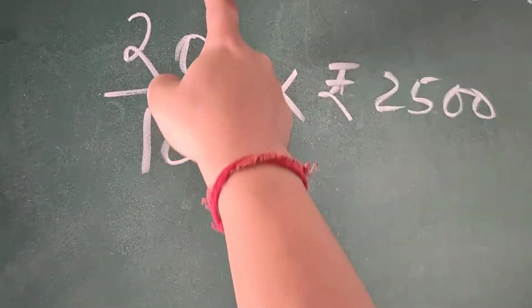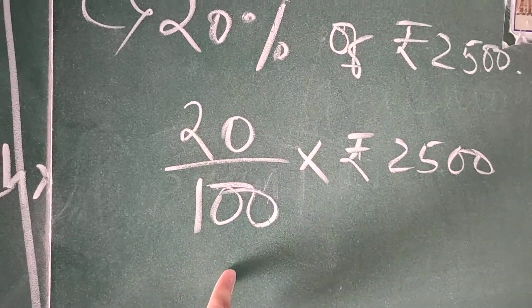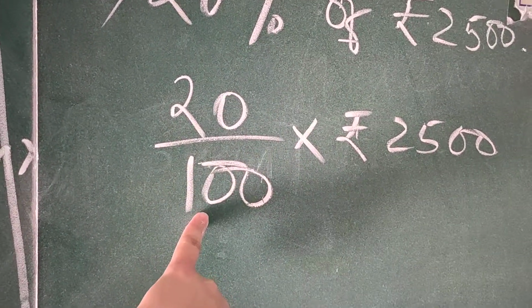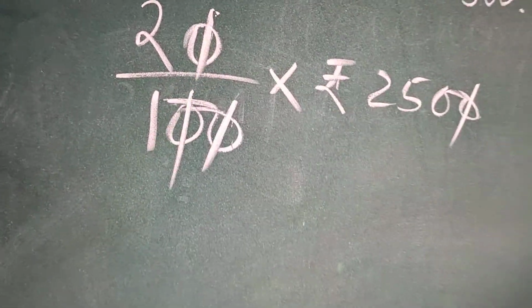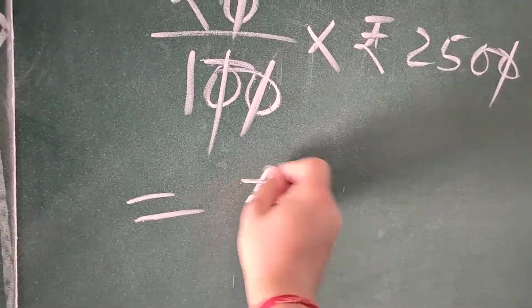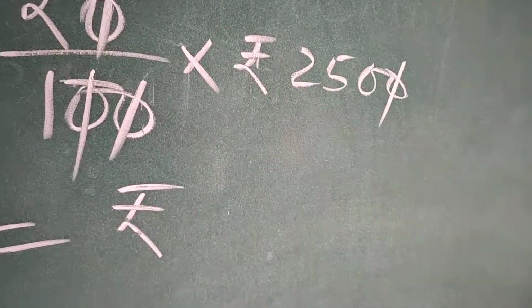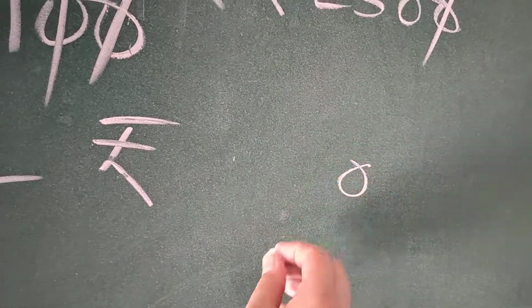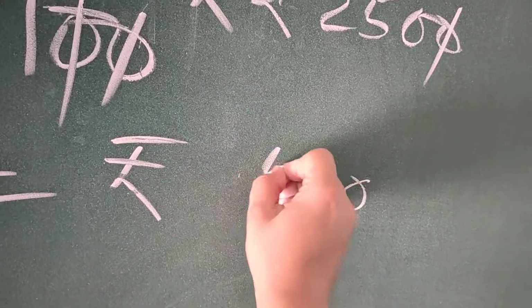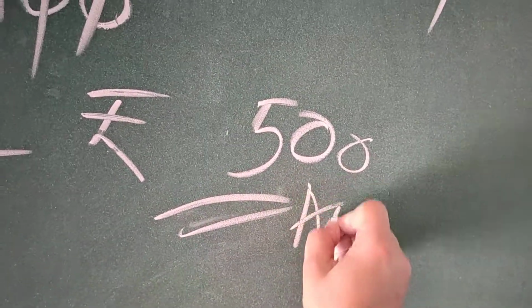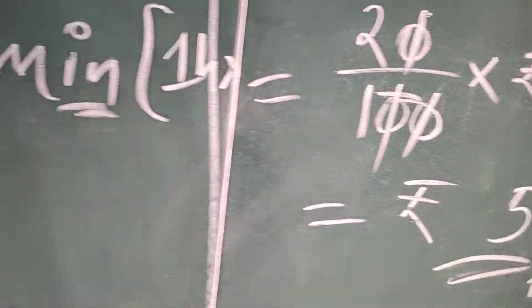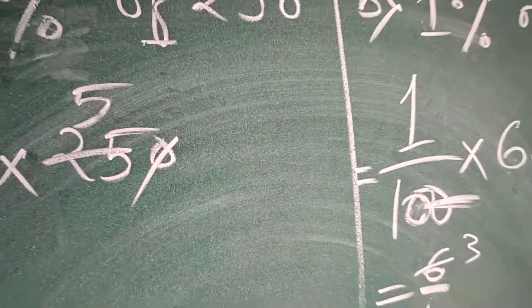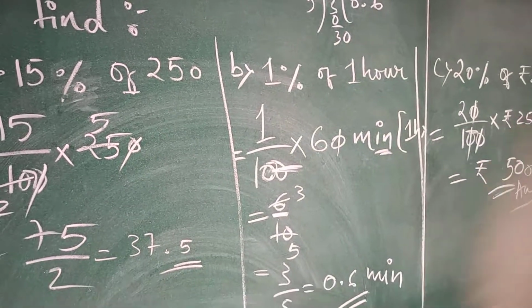So now you have already converted this percentage into the normal number, dividing it by 100. So this 0, 0 is deducted. Now just multiply. Rupees 2 into 250 is 0. 5 2s are 10, 1 in hand, 2 2s are 5. So it is rupees 500. So 20% of 2500 means 500. So in question number 4, we have this much.